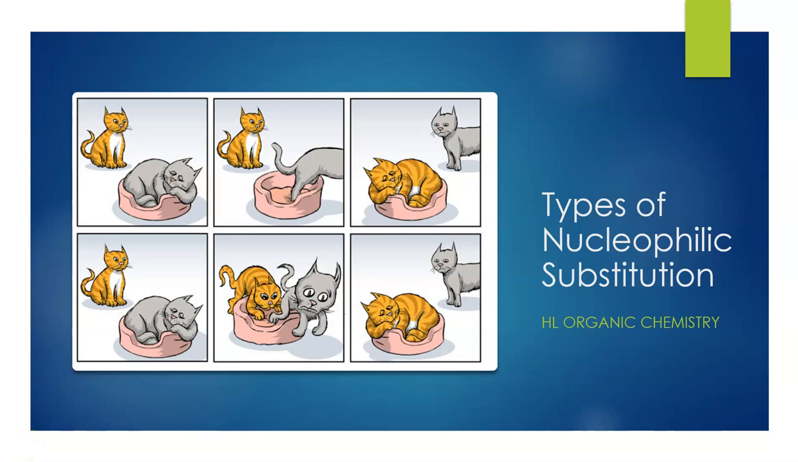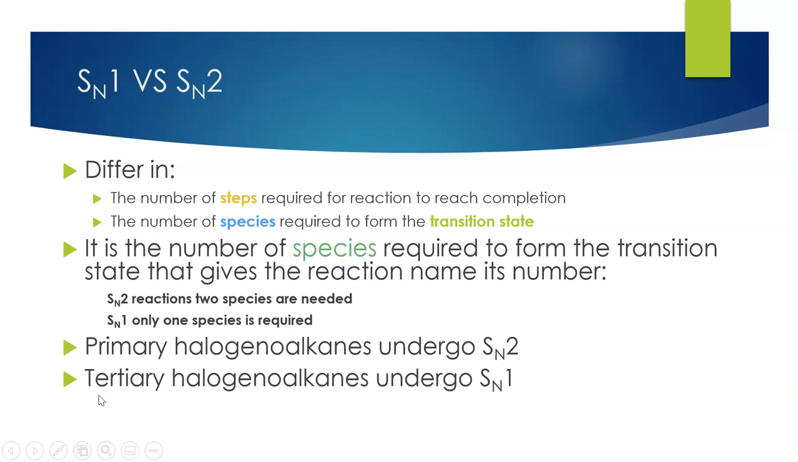Right, let's start looking at the meat of these nucleophilic substitution reactions and start defining our SN1 and SN2 and how they occur. So SN1, remembering S stands for substitution, N for nucleophilic, and then we have SN1 and SN2. These two mechanisms differ in the number of steps required for the reaction to reach completion. And the number 1 or 2 defines the number of species as being the chemicals involved to form the transition